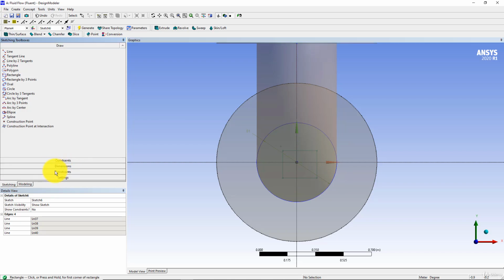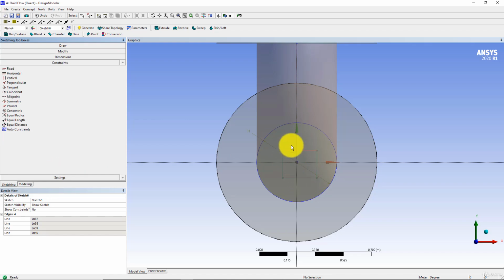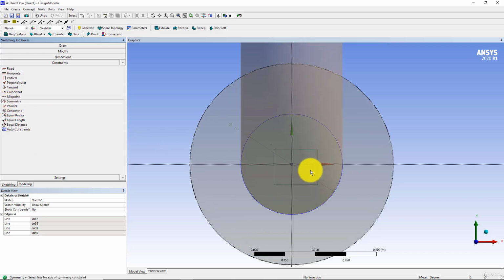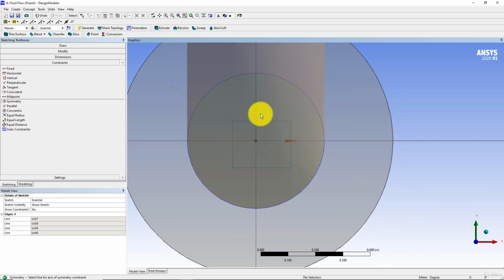And then we use the constraint command, and we want to make this rectangle symmetrical around the x-axis and y-axis respectively, and therefore use the symmetry option in the constraints. This can be done for any axis first, so this can be done for the x-axis first or the y-axis, that does not matter here. So I will use, let's say, the x-axis, and then choose two parallel edges here. This will make this square rectangle symmetric around the x-axis, and similarly choose the y-axis and two corresponding parallel edges